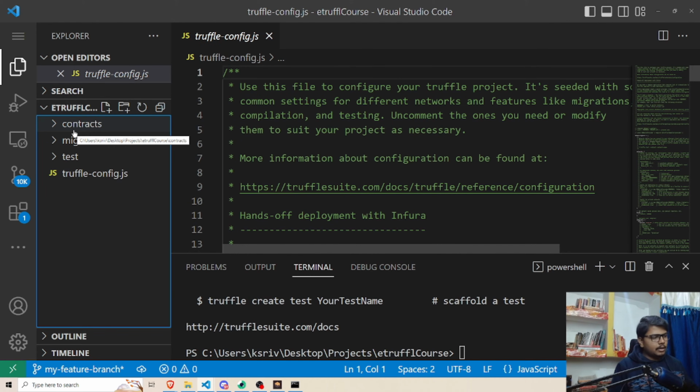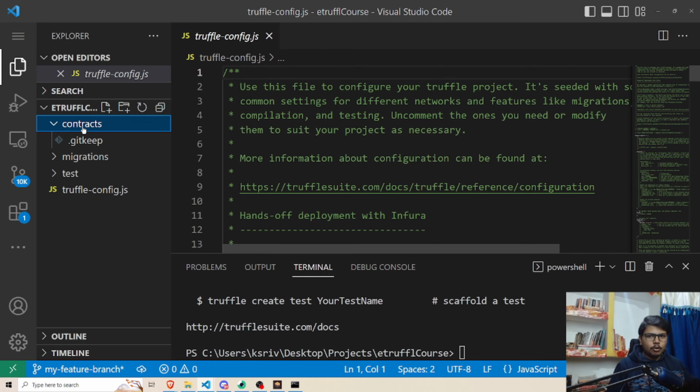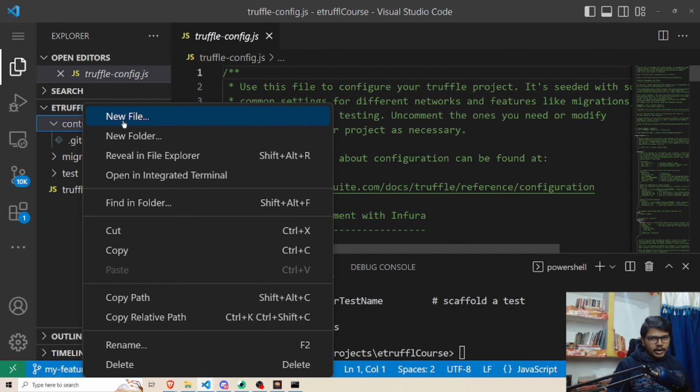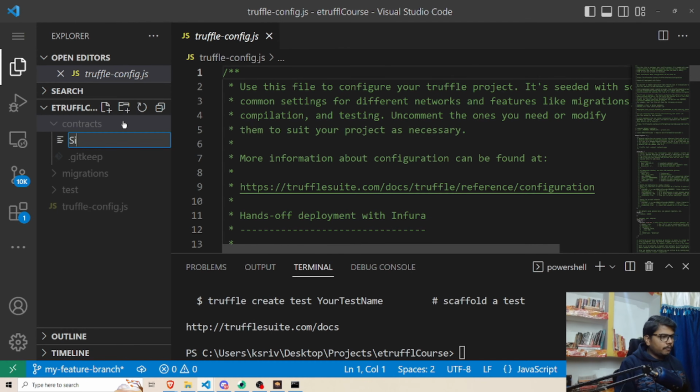Let us understand all these folders by creating some files in them. In the earlier versions of Truffle, it provided you example code for the contracts folder as well as for the migrations folder. But in the latest version, what I'm seeing is that they are not providing any kind of sample code. You need to create your own sample code in order to compile, test, and do whatever you want. So first of all, let me create one file inside our contracts folder, because as I said, the contracts folder will contain our smart contracts. And let me name my smart contract as simple